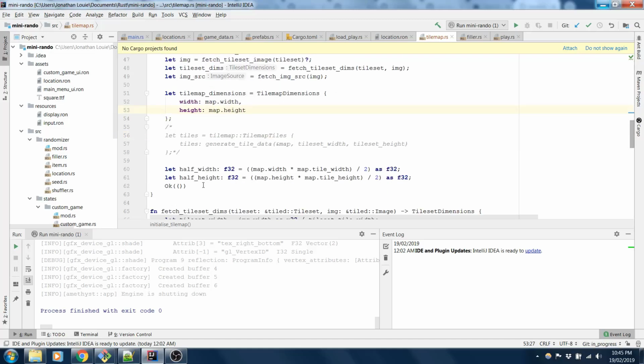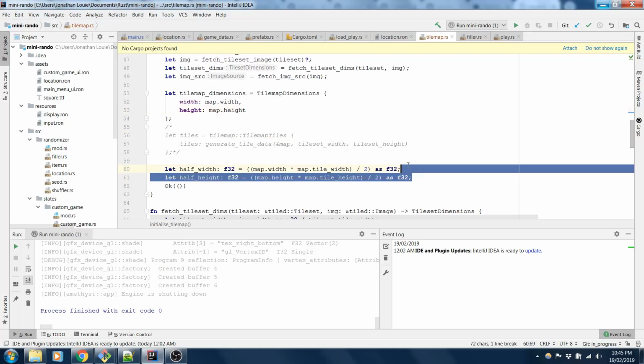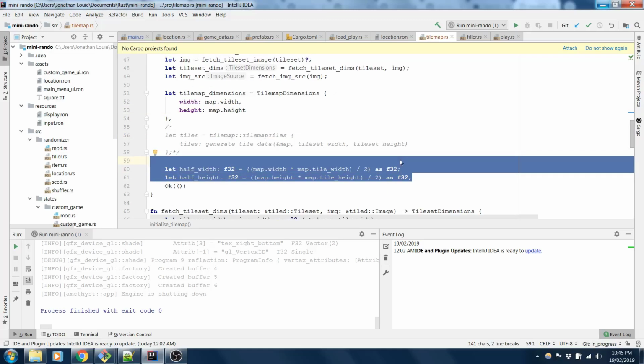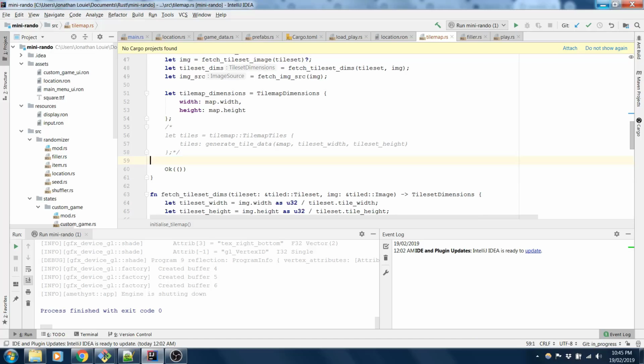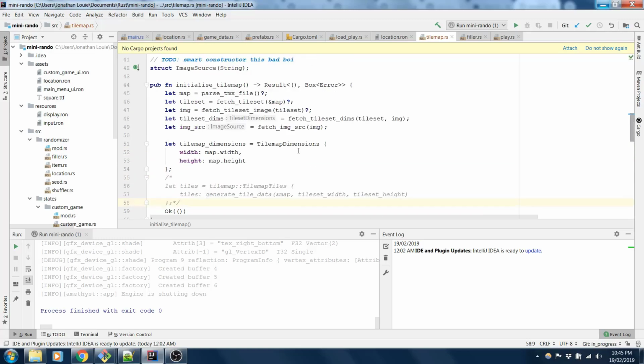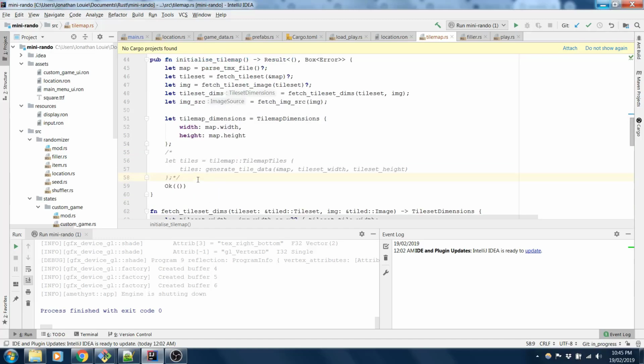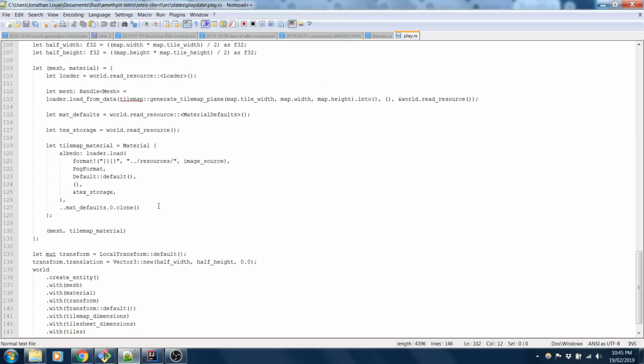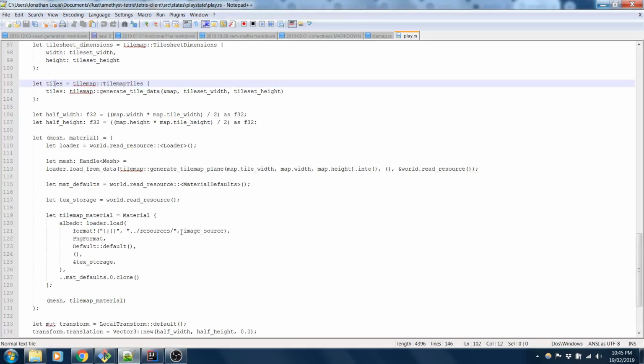The last thing I want to do here is actually not this. I actually don't care about this half width stuff. I don't think it's that important. The important thing here is that we return the tile data and the tile map dimensions and whatever else we need. So the way that I see it is, okay, so I have